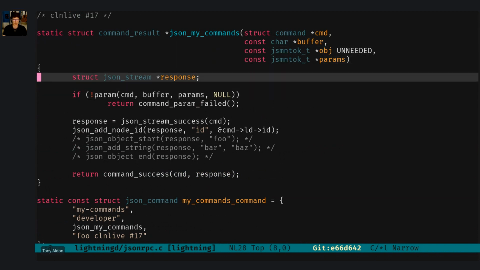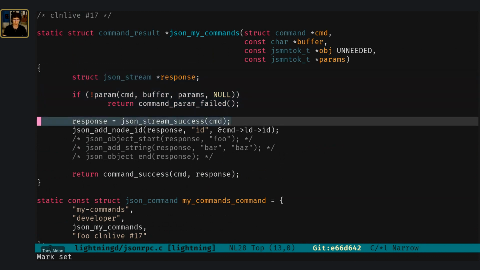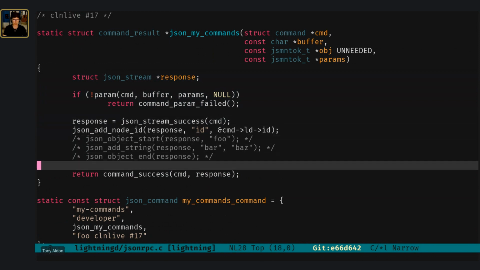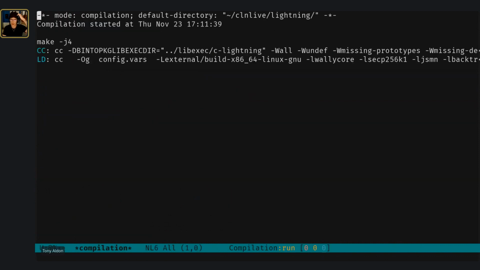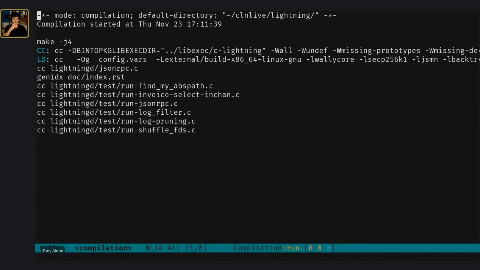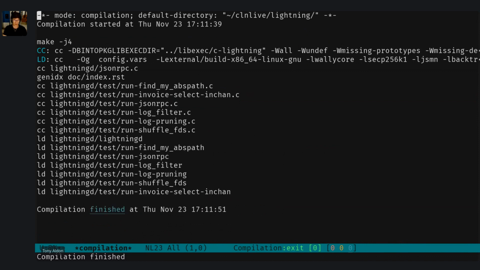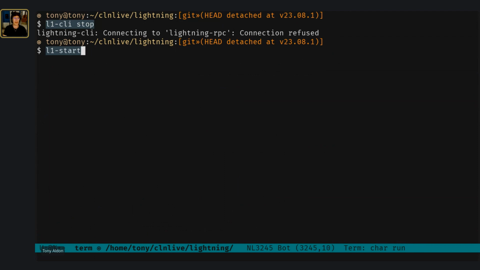So we still need the JSON stream. We take no parameters, so this is okay. We start the JSON stream. At the end, we return something. Let's just compile that and try it to see if it returns the node ID, so that we can catch any error that we might have right now. Okay, so we do that. We stop again. Okay, yes, we start it,